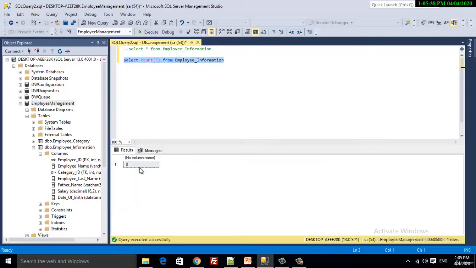Okay, you can see it returned the 8. Got it? The count function calculated the total number of rows and returned a single value when we executed the query having count function.